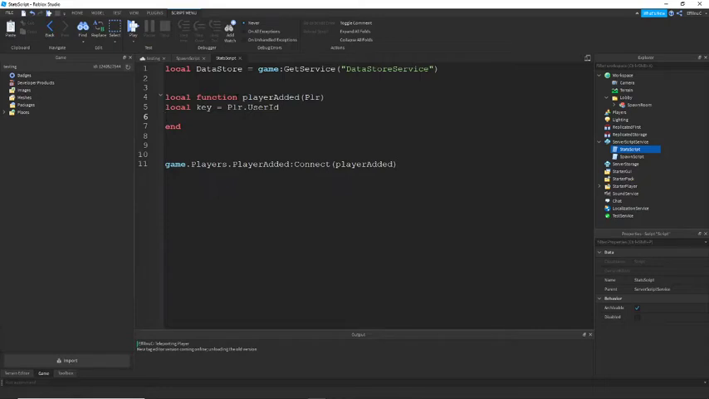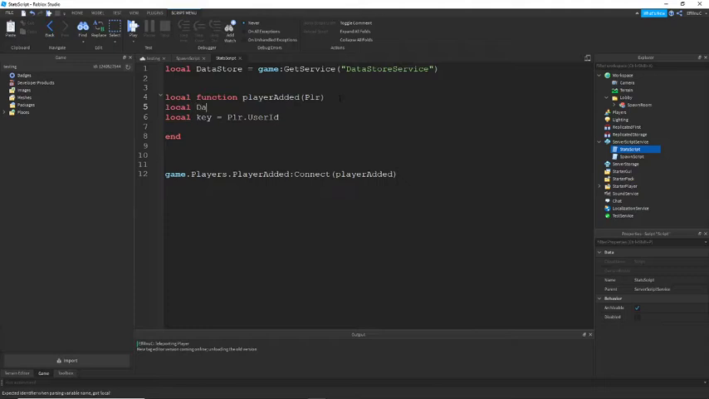So what we're going to do is we're going to say, let me think. Okay, so we're going to say local data type equals data store get data store, and then we're going to give it a name, and this name is just going to be the